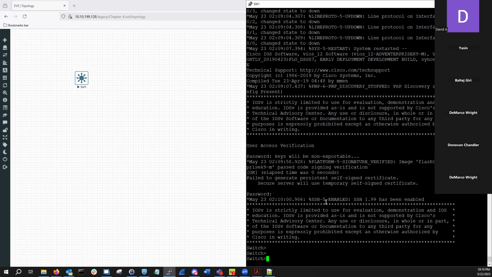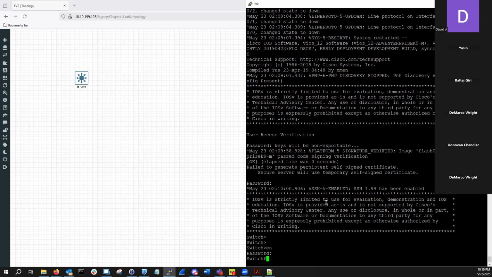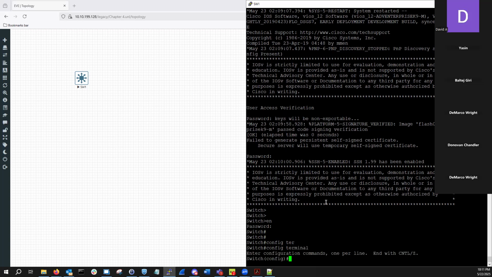All right. So last but not least, I'm looking at my notes, what to cover with you guys. The last thing that we spoke about is copying and erasing configuration files. If we make a change, and we want to save that,